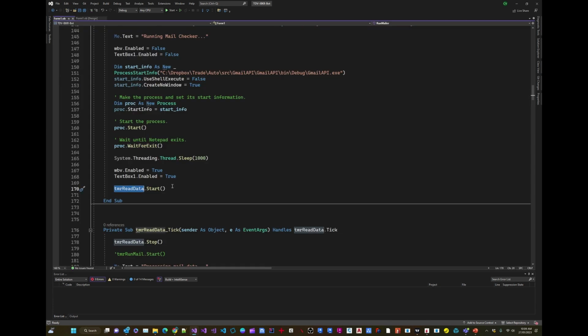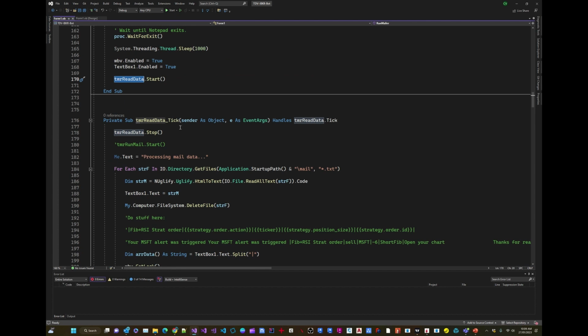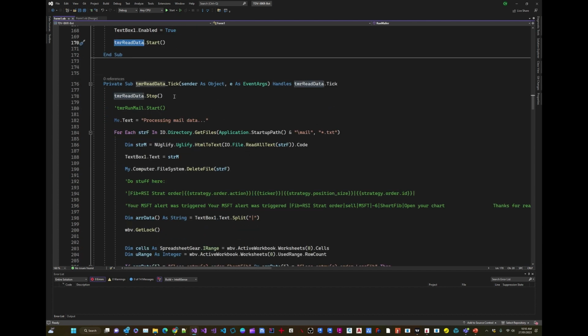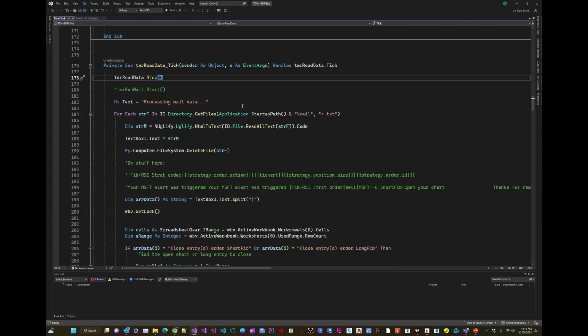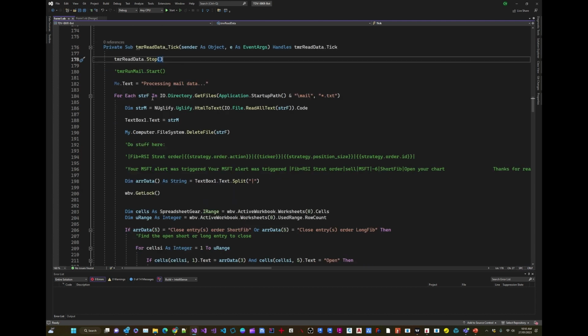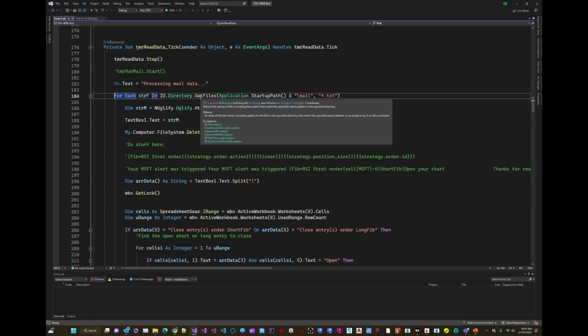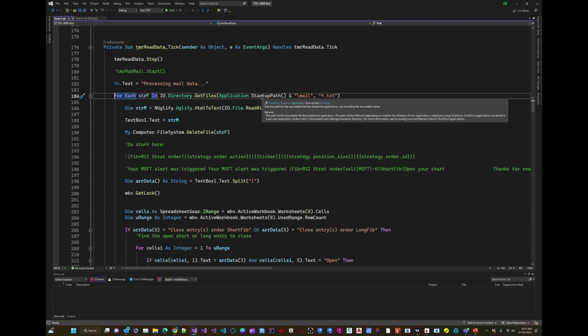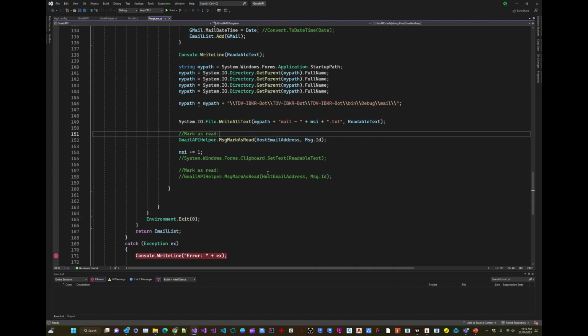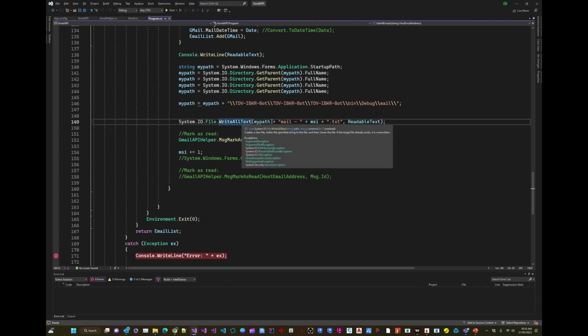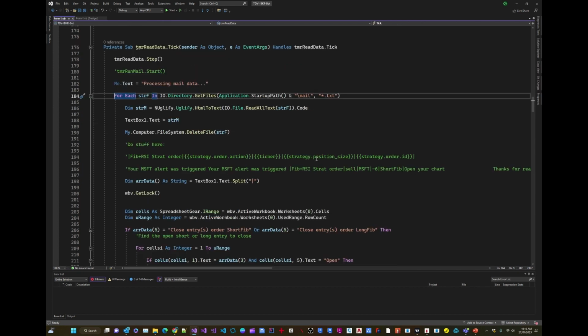So the read data timer gets initialized, and when that starts, I stop the timer so it doesn't continue running, and only process the information that I want once. So here I've got a for loop, and it just pretty much gets all the text files that were written out by my C# application. Remember here at the bottom that I was writing out all of this text and placing that in a folder. So pretty much I'm interpreting the files in that folder, and then I'm using a